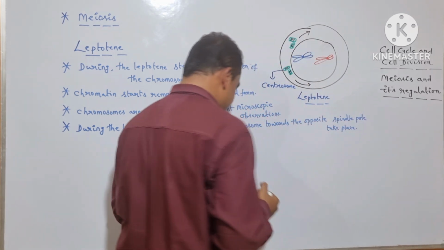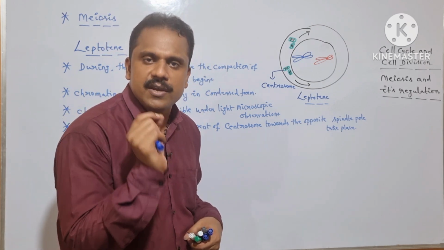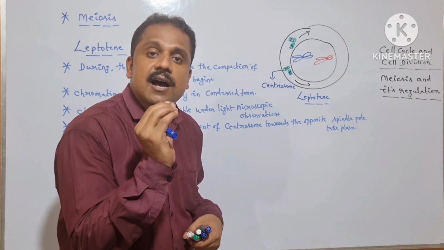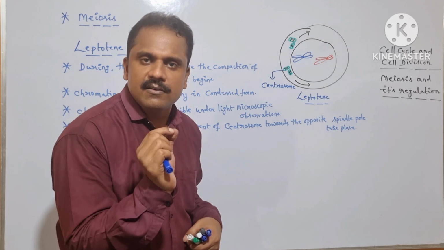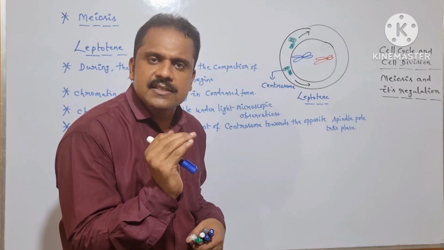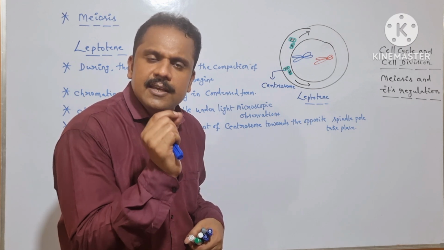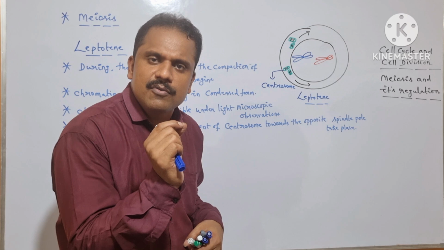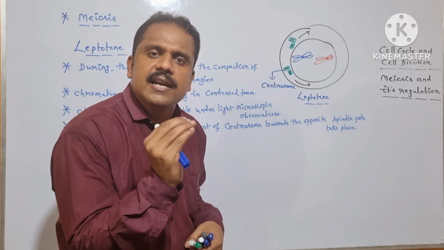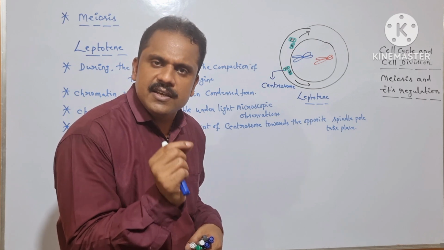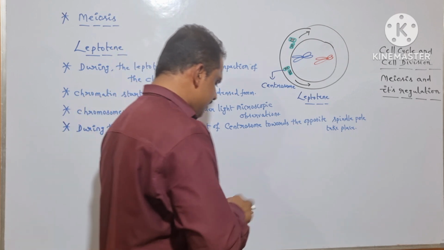And here, especially in case of animal cells, we can observe one of the unique features which is termed as bouquet stage. So here in case of animal cells, all the chromosomes aggregate together in accordance with the direction of the centriole. Is it clear? Because of the aggregation of all the chromosomes within the animal cell in accordance with the direction of the centriole, it resembles the shape of a bouquet. So that is the reason why this specific stage is termed as bouquet stage. Is it clear? So let me show it here.